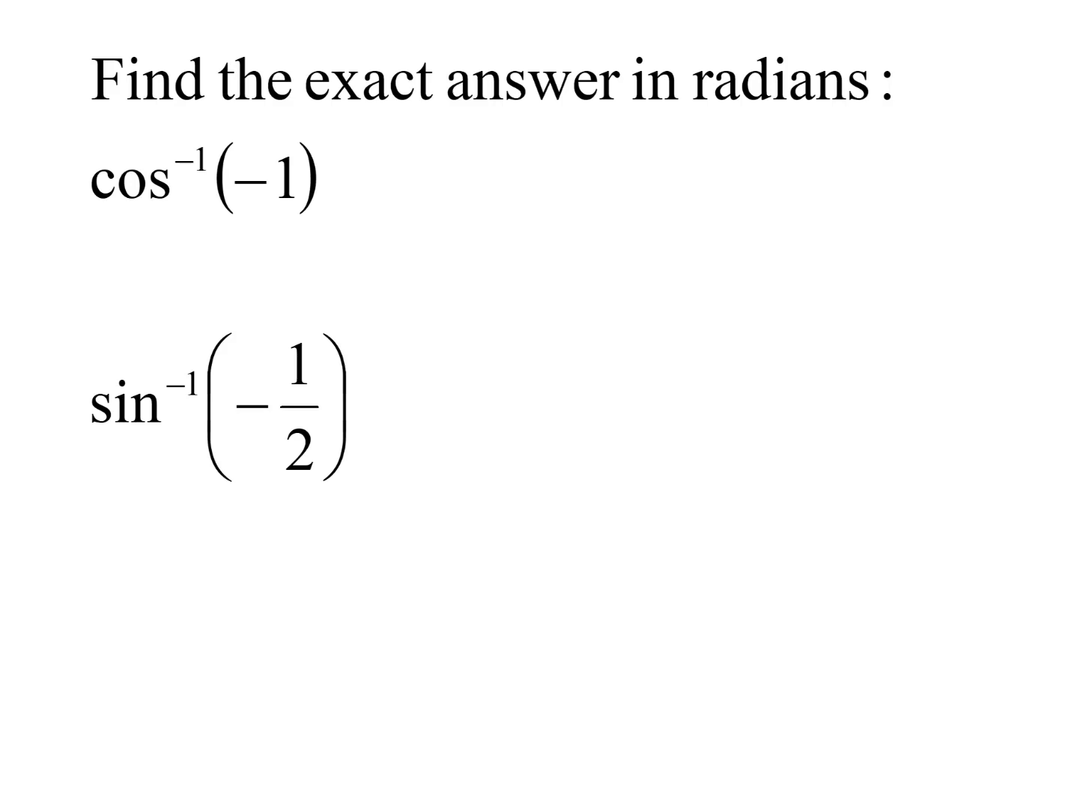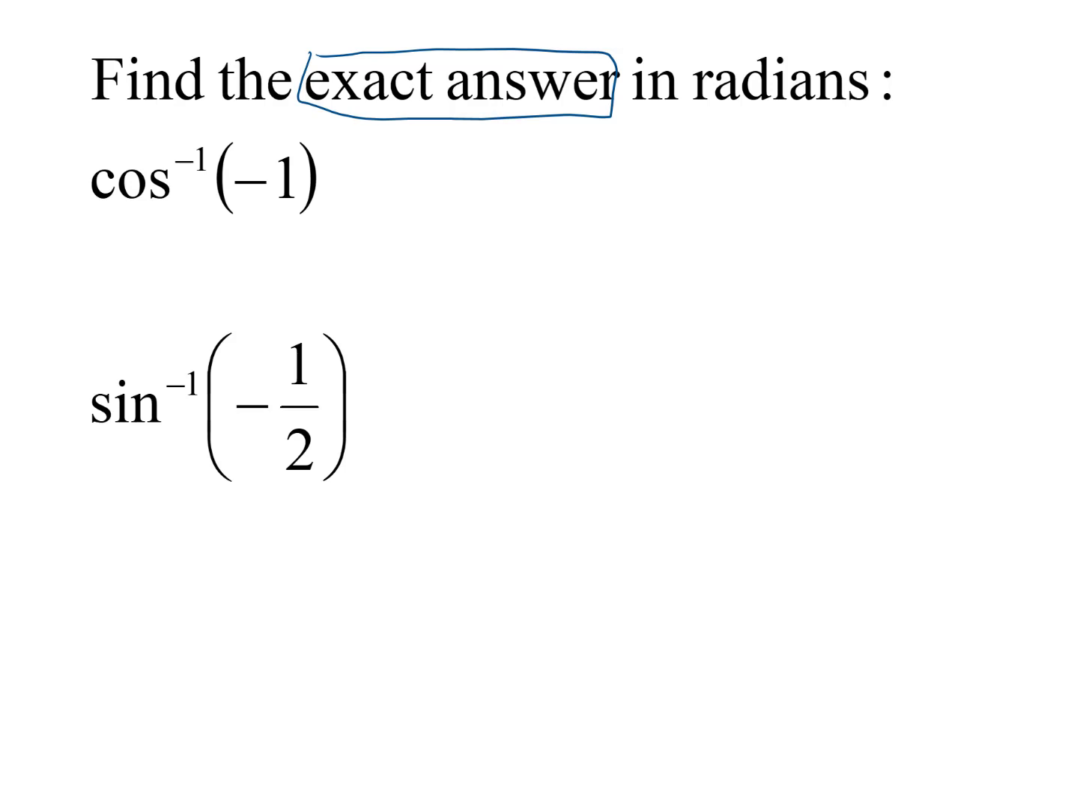Here we need to find an exact answer, so no calculator, in radians. These are inverse trig functions, and the important thing to remember is they are functions, so they have restricted ranges. You can't give every place that the cosine is -1, you give the angle whose cosine is -1 that's within